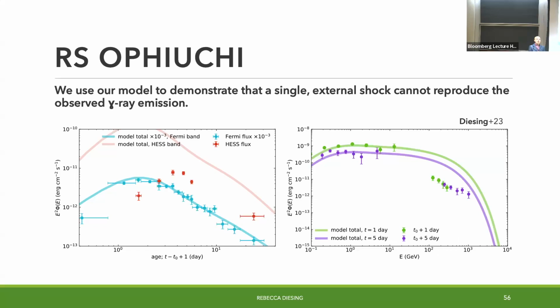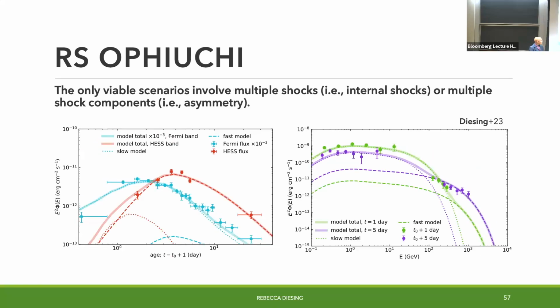I am relatively model agnostic, but I took the naive expectation where you have a binary, so you should have some sort of disk. What if you had a slow shock moving into a dense medium in the plane and a fast shock moving into a low density medium in the poles? I messed around with my parameters a little bit, because there are wild uncertainties on things like the density. And what you get is something that can fit quite nicely. So I think there's very clear evidence for the presence, not necessarily of this picture, there could be more shocks, but you cannot do this with a single external shock.